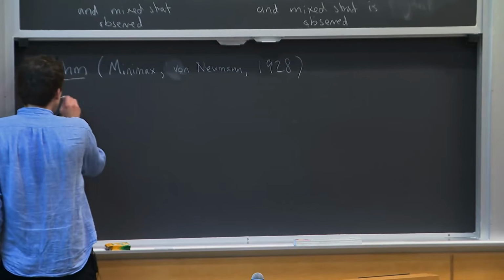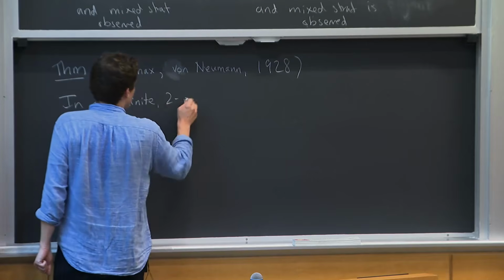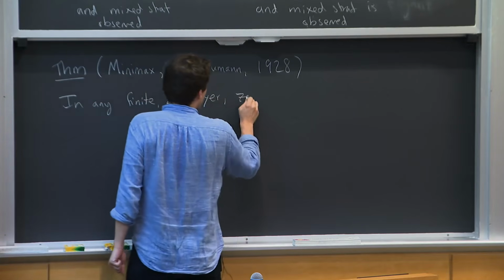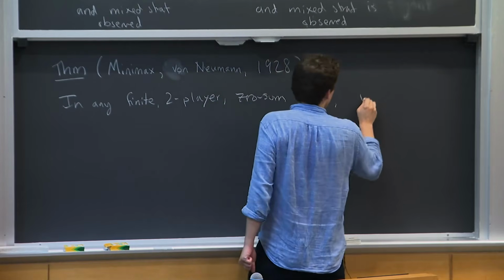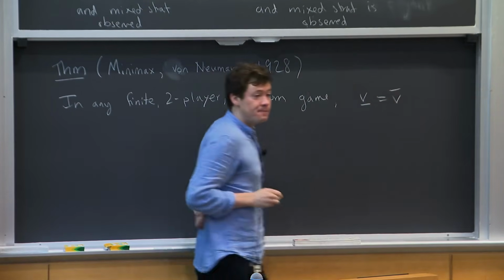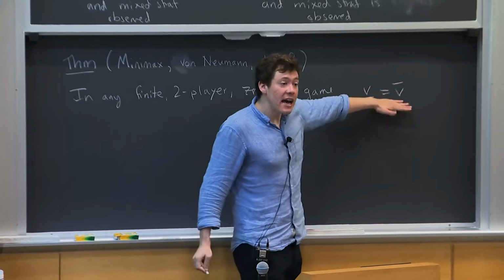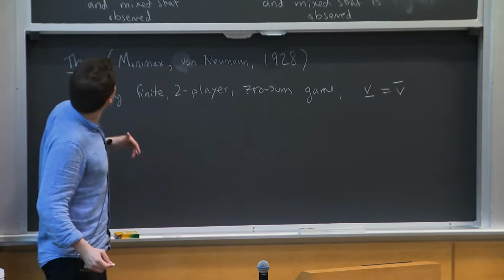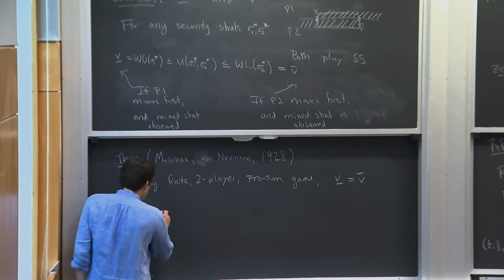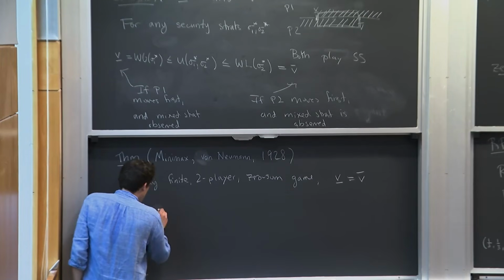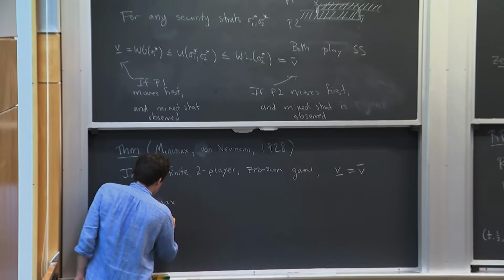And the theorem is, in any finite two-player zero-sum game, well, V lower bar equals V upper bar. And now let's just write out exactly what that means. Okay? So V lower bar is the worst case gain of sigma 1 star. So this is the max over sigma 1